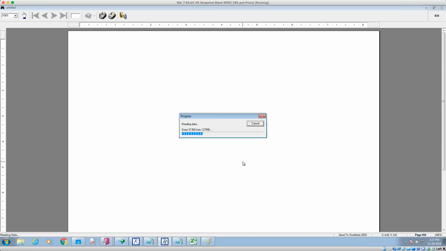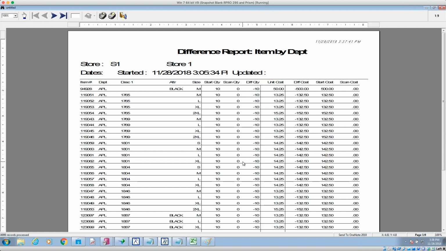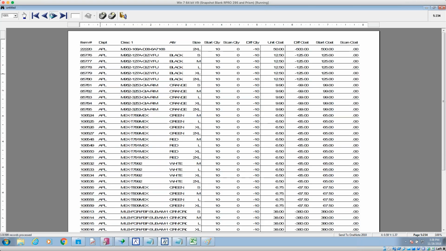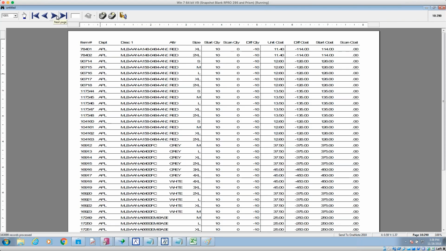Yeah, we got way too many items in here. I don't know whose inventory this is, but it's a big one. And of course, I only counted 5 items, so pretty much everything's short now, right? I still am a very big fan of this particular print job. This is taking this APL department and breaking that down. At some point when that stops, if it stops in our lifetime,